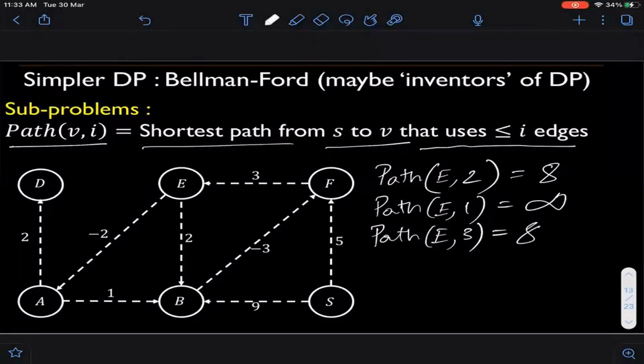Well, okay, so there is one other choice that I have now. What is the other choice that I have? The other choice that I have is a 3-length path. What is that 3-length path? I can go here, I can go here, and I can go here. Okay, but its total cost is 9, right? But if I just use the 2-length path, then its cost is 8. So by my definition, that should be the optimal answer now. Okay, because remember, by definition, I am allowing you at most i edges. You don't necessarily have to use all the budget. You can use lesser budgets.